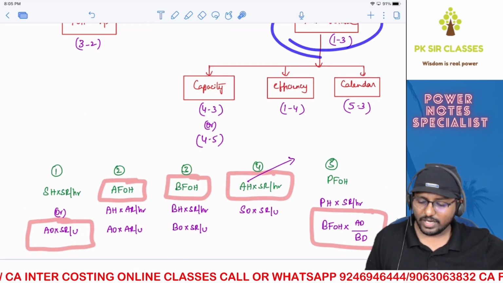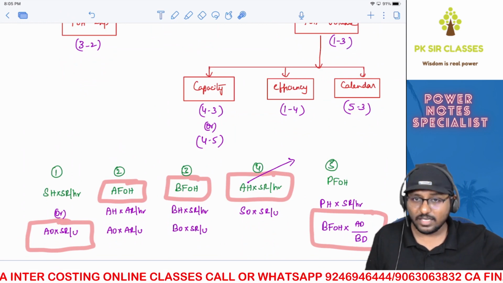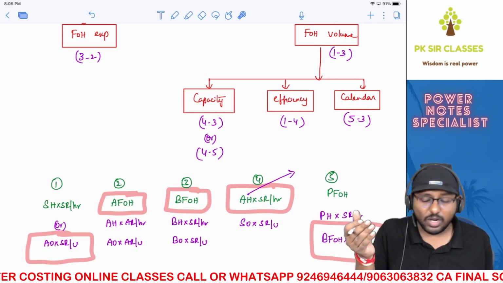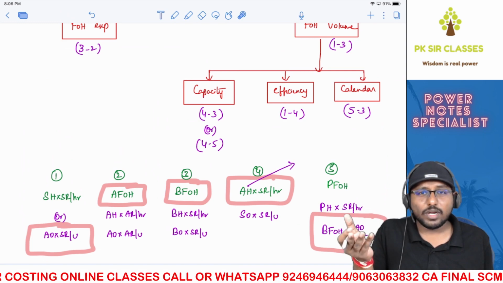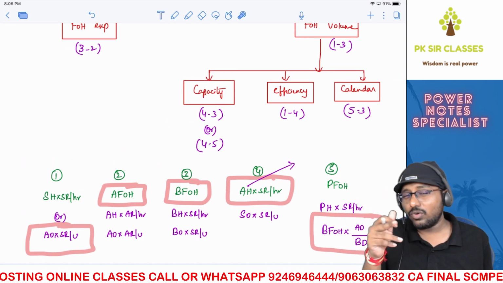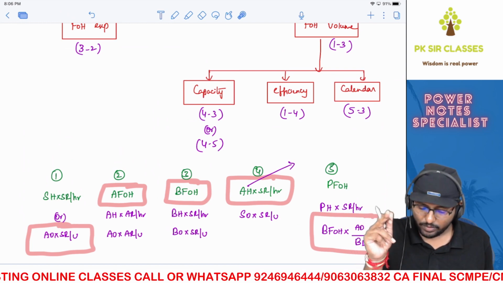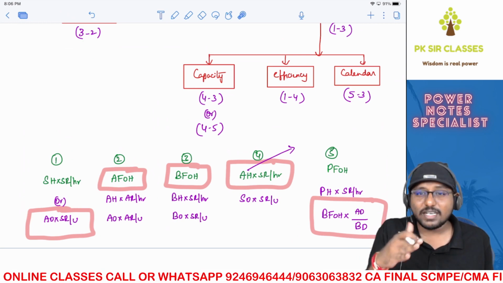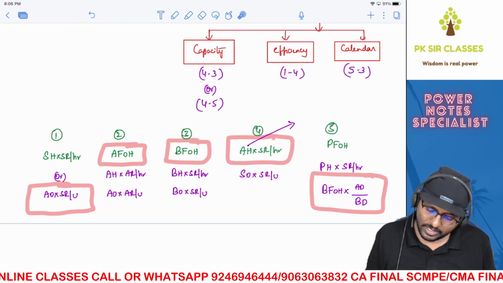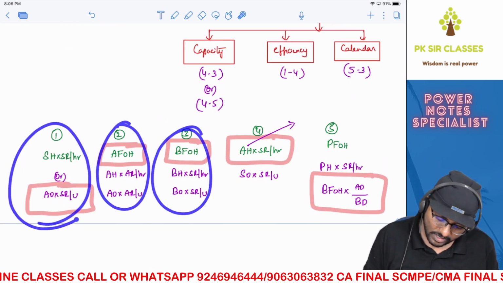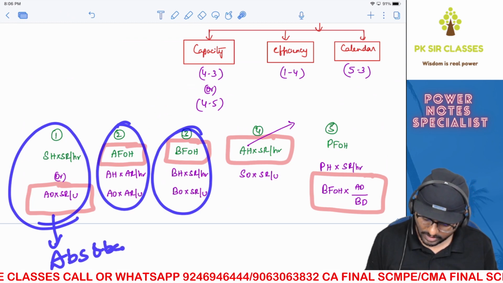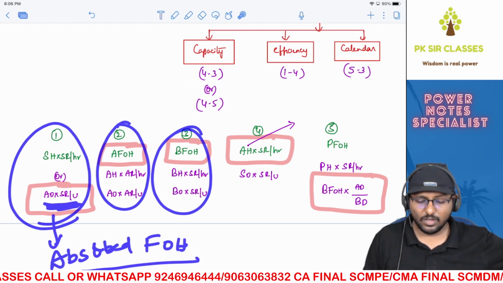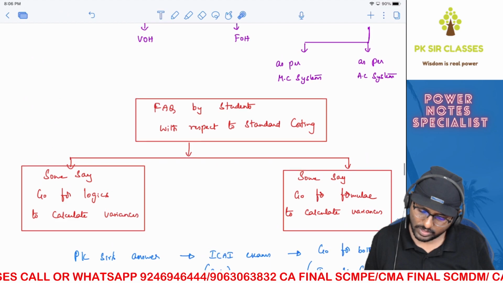Okay, sir, what do you mean by volume variance? This you already know. Right from the beginning we are seeing it. I told you that there are 3 different types of overheads: budgeted overheads, absorbed overheads, and actual overheads. The difference between budgeted and absorbed is nothing but volume, or in other words, the difference between budgeted and standard is volume. Here, this is budgeted, this is actual, and this is absorbed fixed overheads. Look at the formula: AO into SR per unit. Are you able to understand? Initially also we have seen this when we covered the concepts.